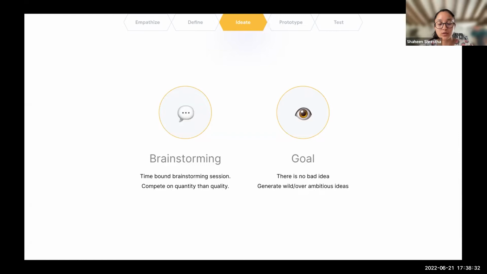So we have a time bound session, quality quantity is what we focus on so as many ideas. So the goal for this session is that there's really no bad idea we don't really judge each other in this phase because we all know that idea generation is what is more necessary we generate as much ideas as we possibly can